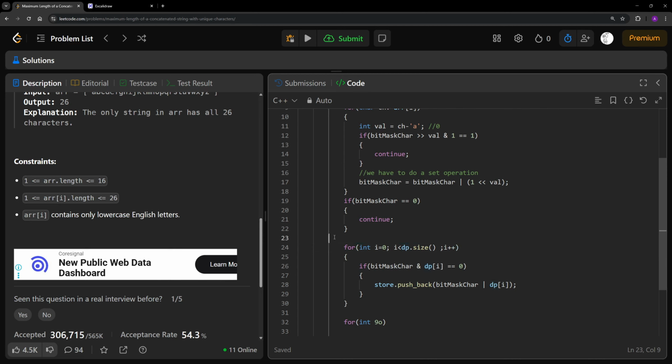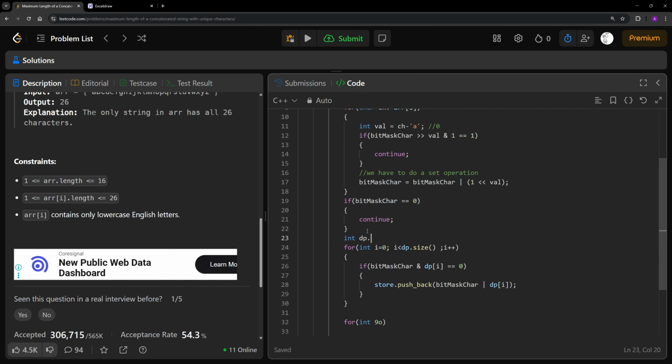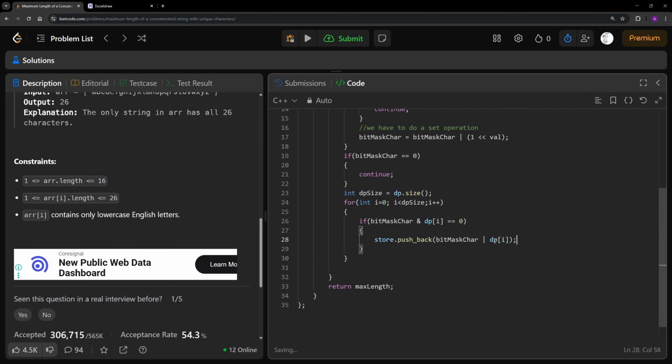Let's not use a store one. What I can do, guys, is declare dp size first, so it will not cause me trouble. I'll just write dp.size. That's why I said live coding has its own fun, I'm reasoning with you sitting together. I don't know if people like it or not, but it's pretty much fun. I enjoy it. So let's say that we directly push in the DP.